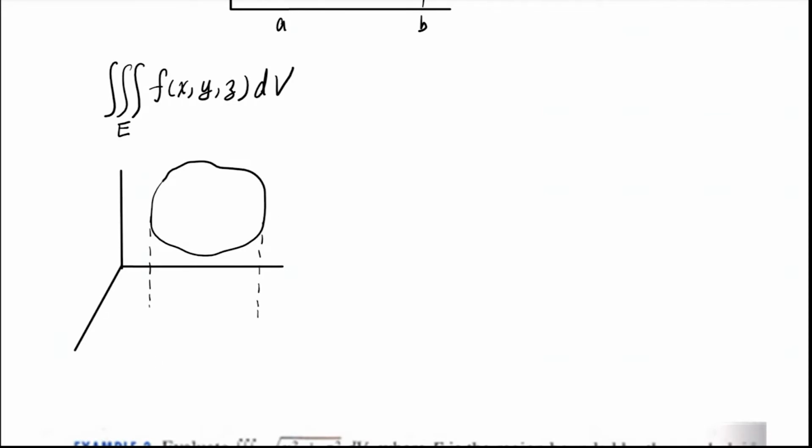You know what I'm saying? So this is E. This blob is E. That's what we're integrating over, volume integral, if you will. And it's going to cast some kind of shadow here, right? And we'll call that D. Good. So far with me? So when we rewrite this integral,